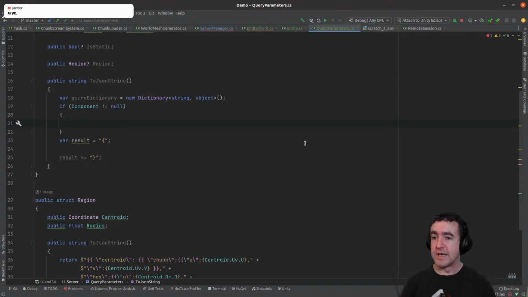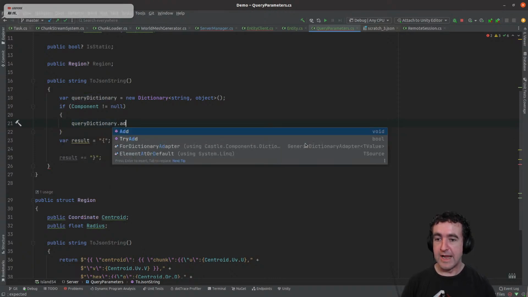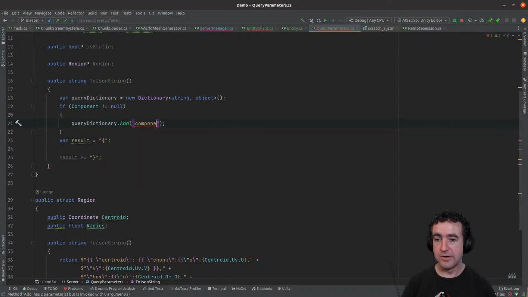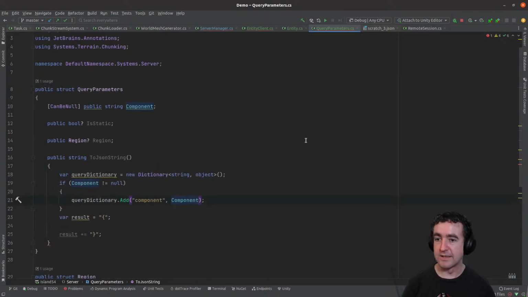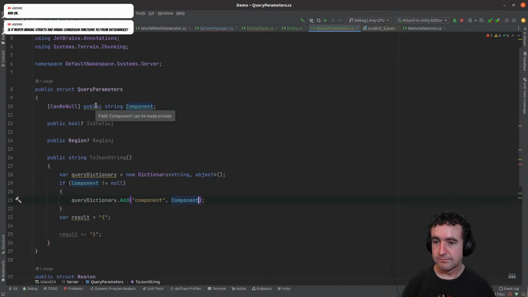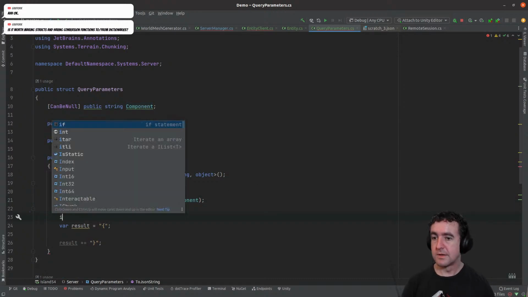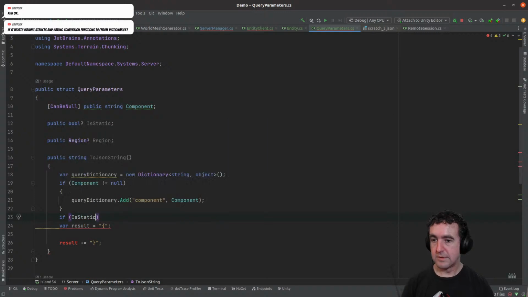Okay, so if component is not null, then the query dictionary dot add, we're going to add component, comma, component. Component a string, yes. Then if is static dot has value. Now I think I can do slightly better than that. I can't remember how to do. I think it's called a placement operator. No, it's a